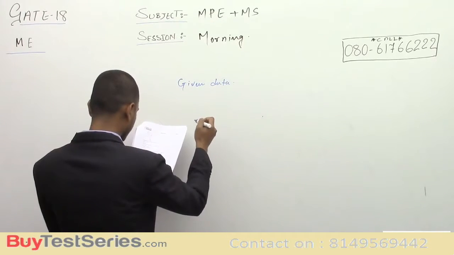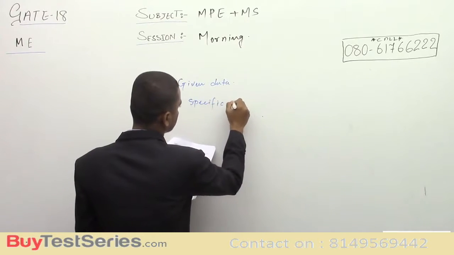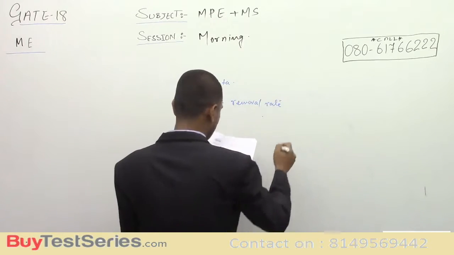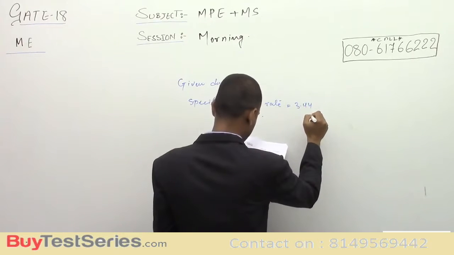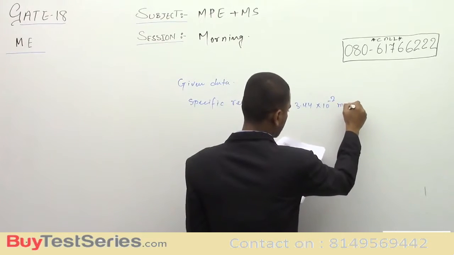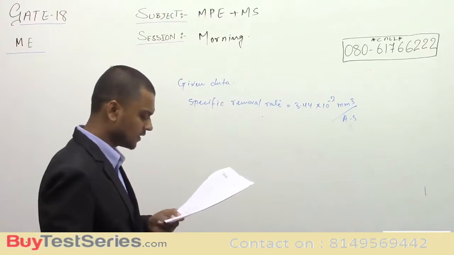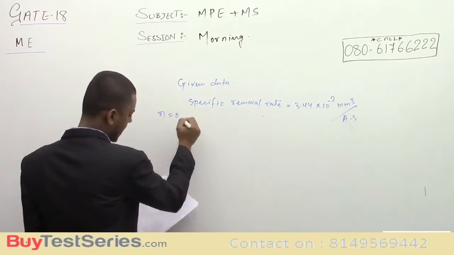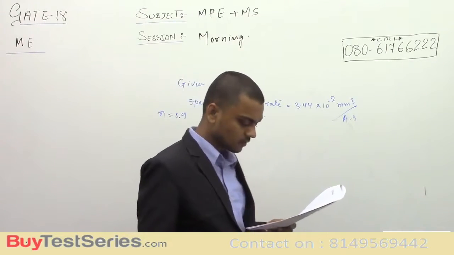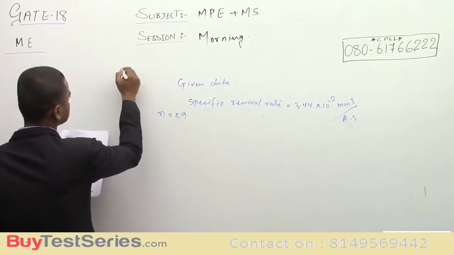the specific removal rate, which is equal to 3.44 into 10 to the power minus 2 mm cube per ampere second. Efficiency given, efficiency is 0.9. Then we have to make a through hole into a 12 mm thick plate. So thickness of the plate is,